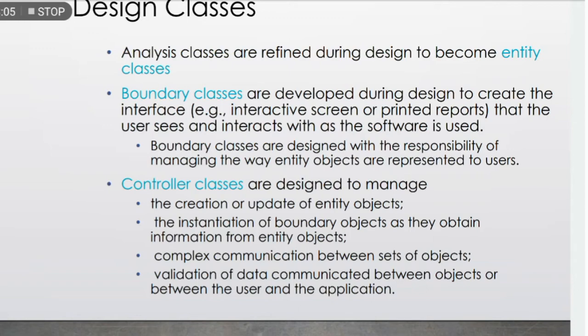The boundary classes are the interface. So in our example, the interface is the teacher teaching the student, or the student learning from the teacher. So this is the boundary classes. Your entity is nothing but your teacher and your student, and it consists of some attributes, such as the teacher has a teacher id and department name, and the student has a student name, roll number, and percentage. So these are the design classes.